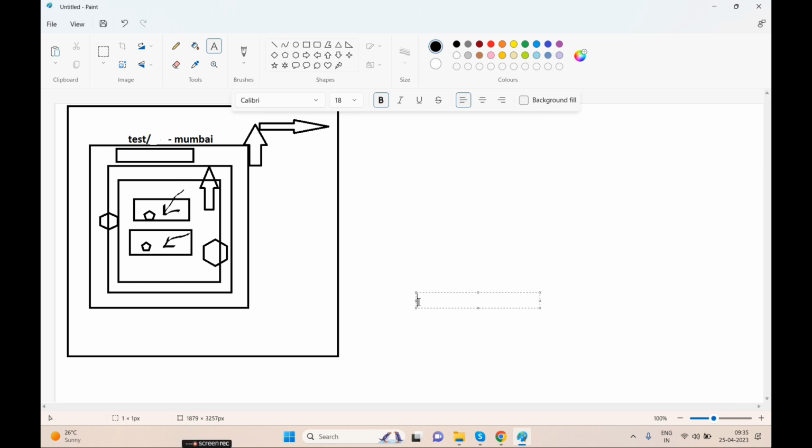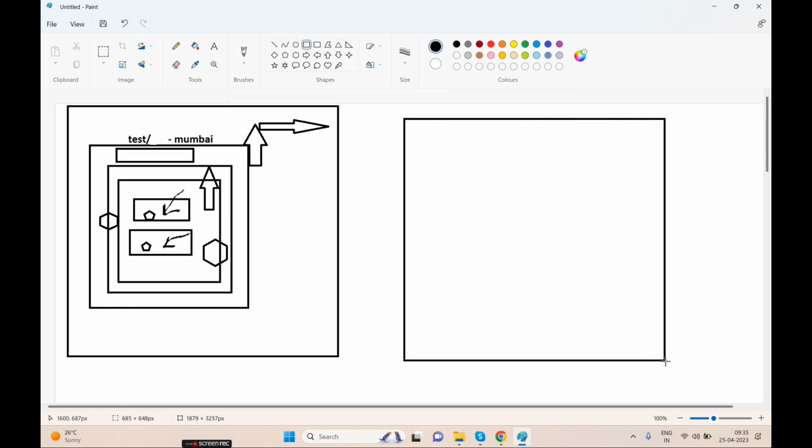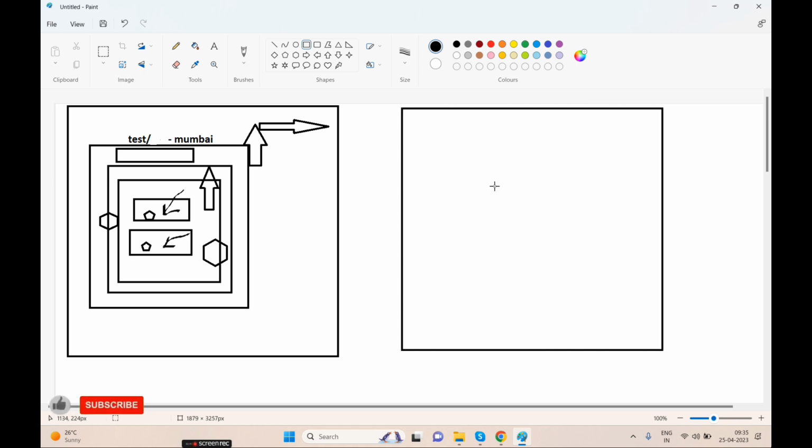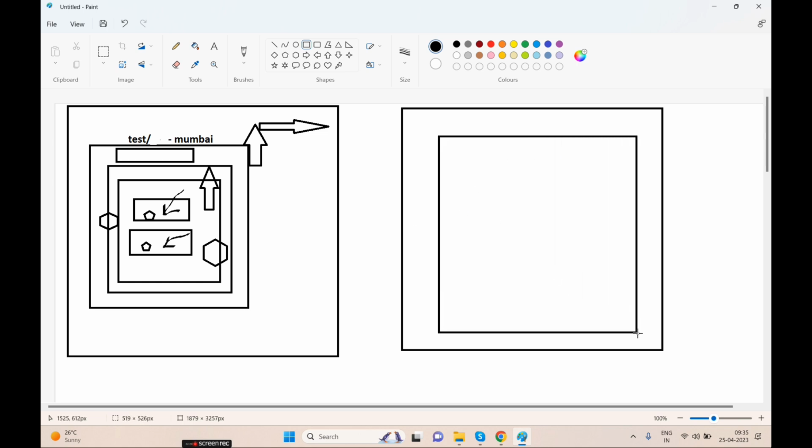Now just understand one thing: if I am okay with this test environment, now I want to create the same environment again, or there might be chances I need to create two test environments. There might be chances I need to create the same environment for development also, and for stage also. So what we need to do, we need to again perform the same steps, right? So instead of that, if we have some facility or some service available with us,